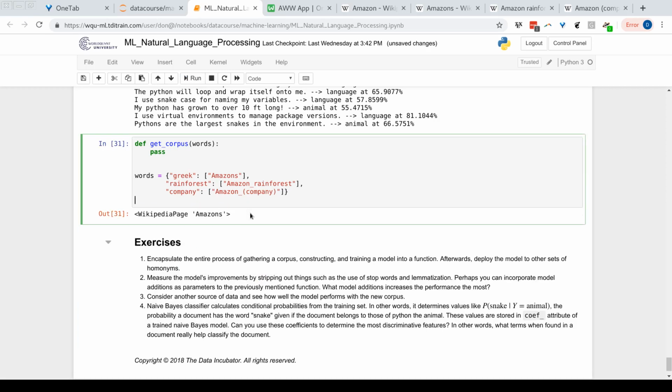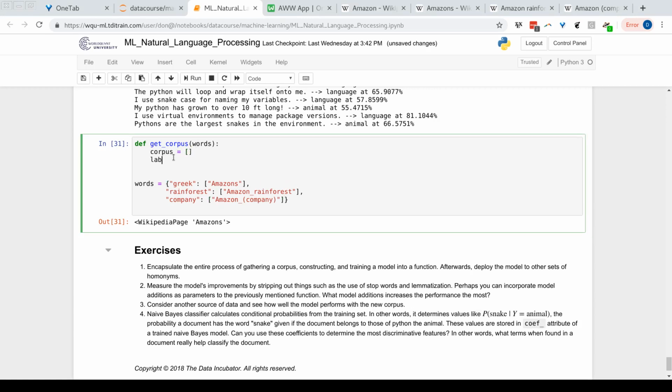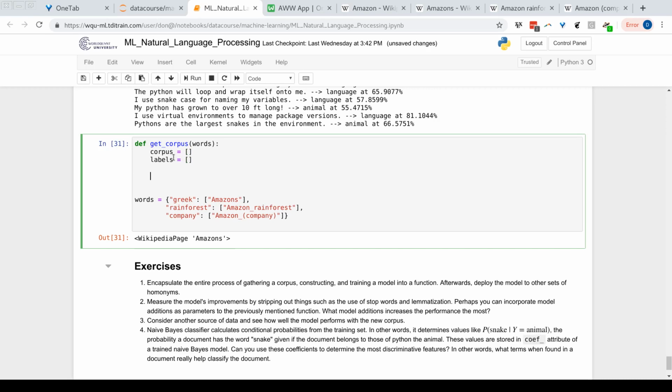Okay. Let's flesh out this function here. So what I want to do is go ahead and define two lists. One list is the corpus, an empty list there, and the other is the labels for all the documents in our corpus. And what I want to do is iterate through this dictionary that we would pass to the function. So for key and value in words.items,